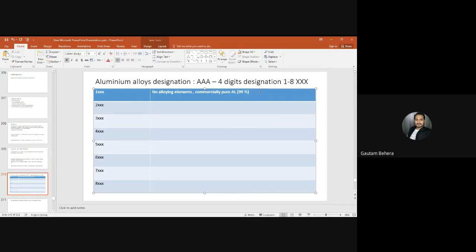So basically, some people say like this: the last two digits, the double X, signify the purity of the metal. Here I can write: last two digits give the purity of the aluminum. If you have gone through any literature or any data from industries, you might have seen that they used to call